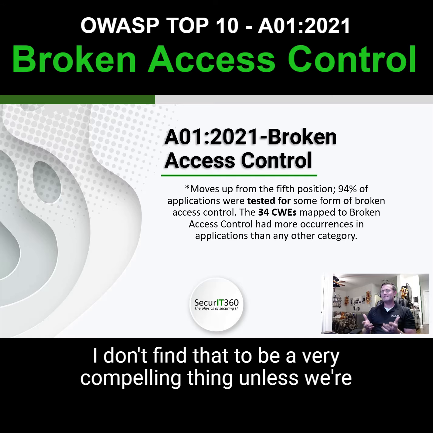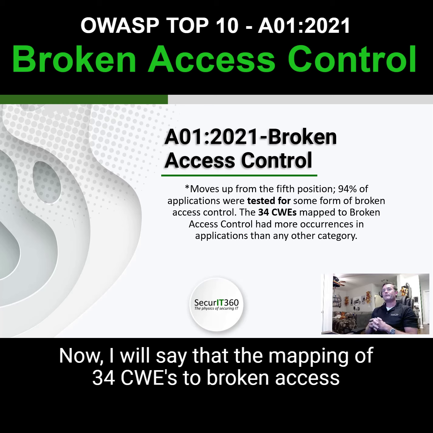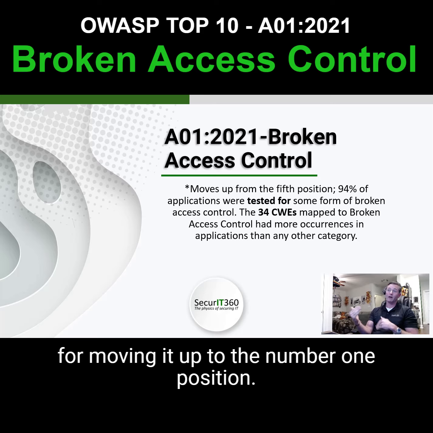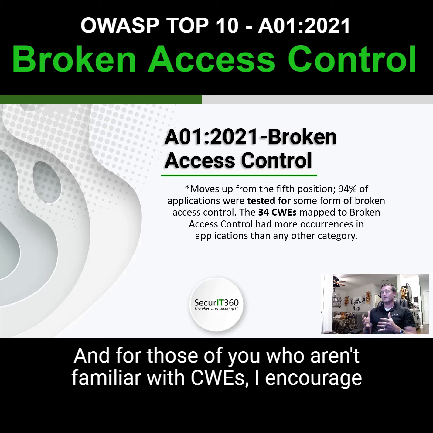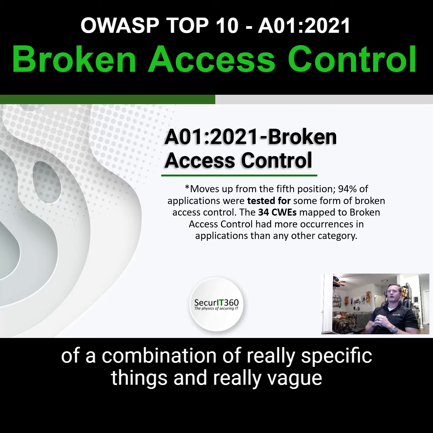So I don't find that to be a very compelling thing unless we're just not testing for other things on a regular basis. Now, I will say that the mapping of 34 CWEs to broken access control is interesting and may be compelling as a good justification for moving it up to the #1 position. That is a lot of CWEs, and for those of you who aren't familiar with CWEs, I encourage you to go research that. It's very interesting, and it's kind of a combination of really specific things and really vague things,